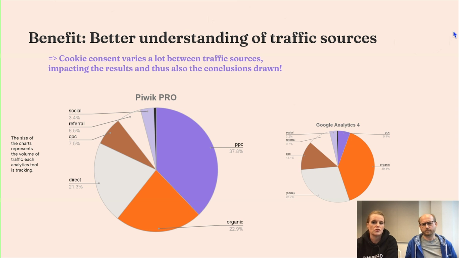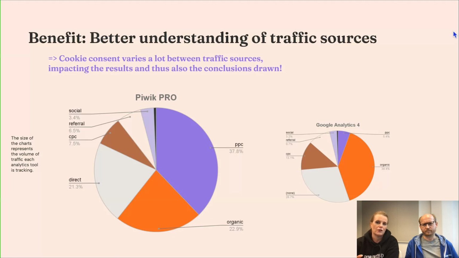So here is a huge difference in what you would attribute to the different kinds of campaigns and paid advertising you do. There are obviously also differences in the other pieces here in the slices, but the main thing to take away from this slide is that you will see these kinds of differences. This is for this one B2B client. It might be different for your company, but still you are trying to navigate in the dark if you only use some kind of analytics which is relying on the consent.